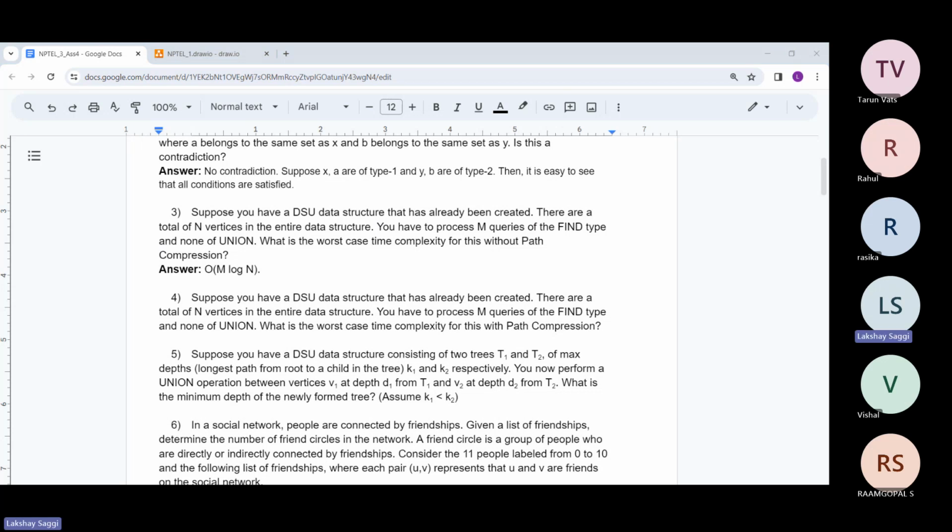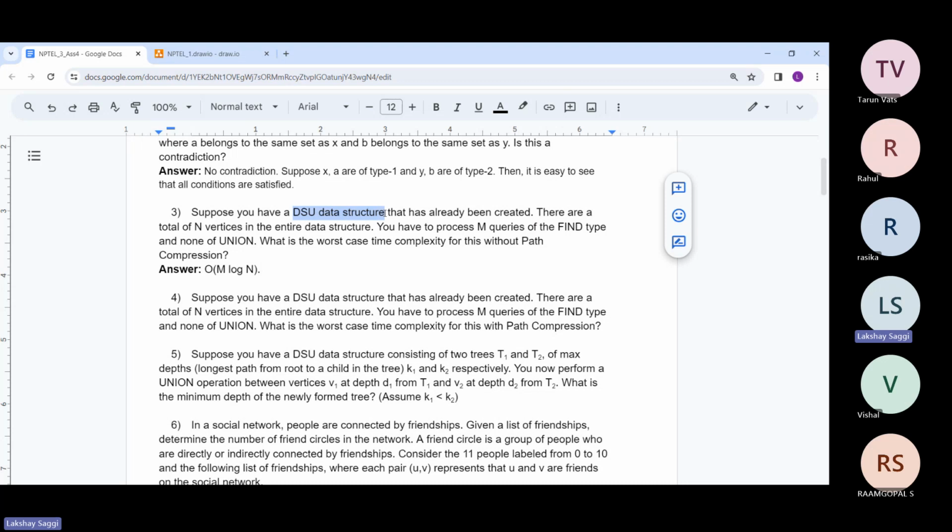Yeah, yes, Rahul. So actually Rasika is asking in the chat whether depth of the tree is log n. So yeah, Rasika, I think there was a bit of confusion in the solutions given to this problem because the answer was given as mn as well as m log n. But I believe that m log n is the correct answer because whenever we are talking about the DSU data structure